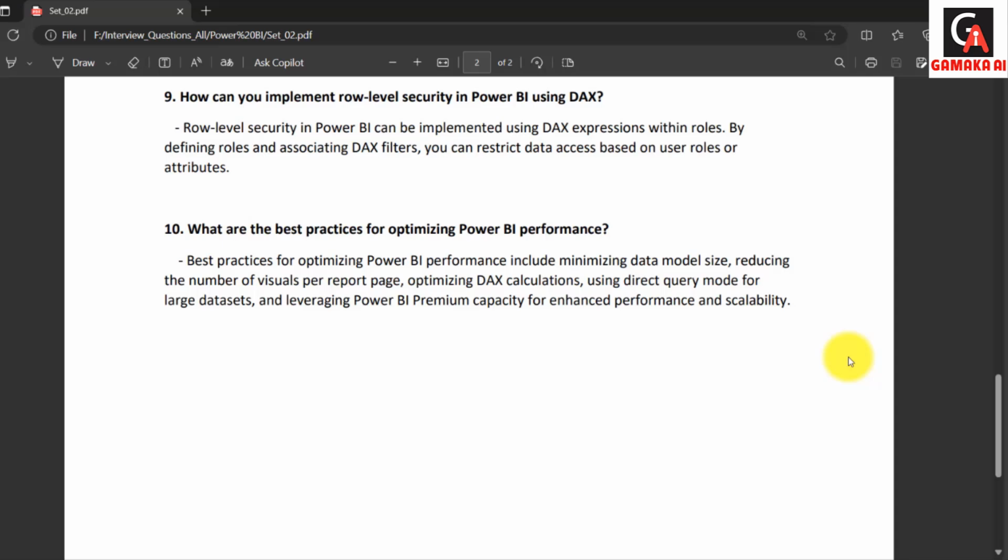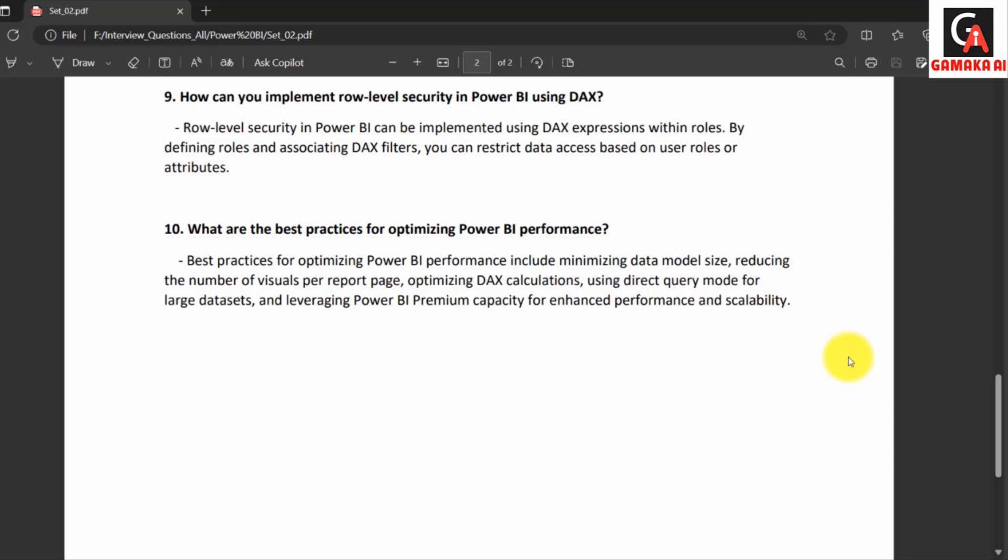If your data model is optimized, if there are no unnecessary relationships and no unnecessary columns, then you can optimize your data model. Reducing the number of visuals per report. You don't have to use multiple reports for conveying the same information, or you can use only one visualization so that it can convey more information.